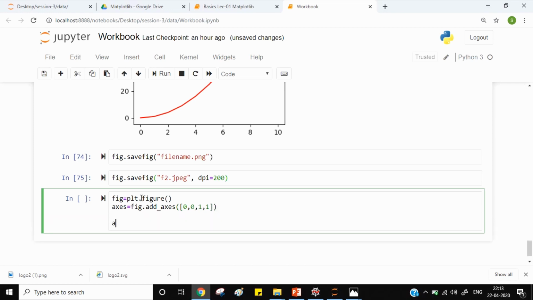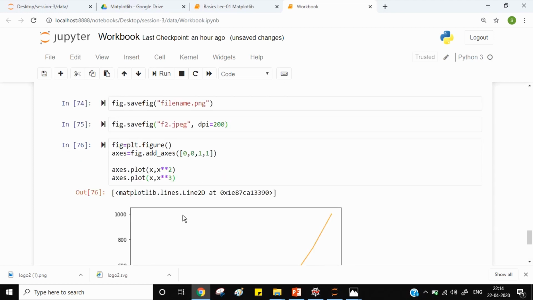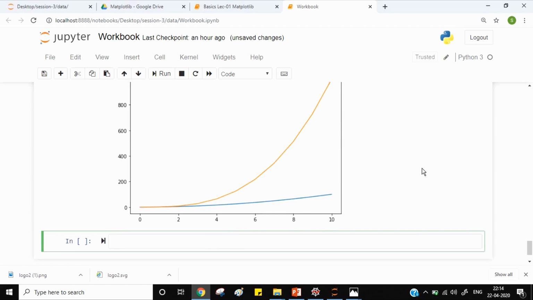Now I'm plotting x comma x square. Here I will pass the values of x as x and x square as y. Again I have another plot, x comma x cube. So these are your two plots.